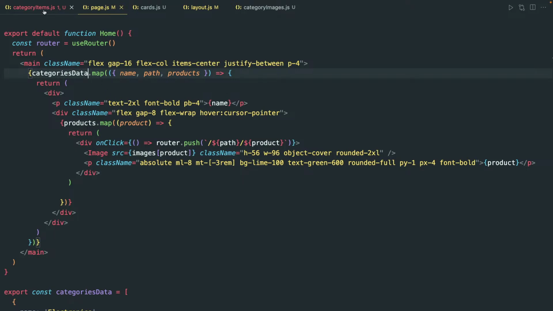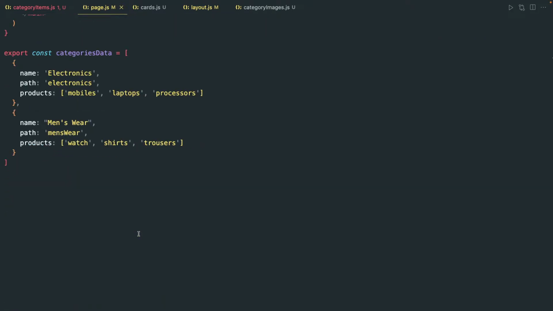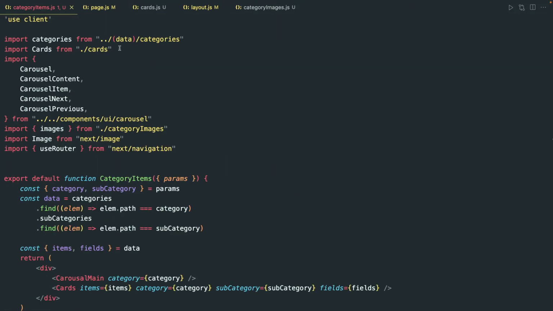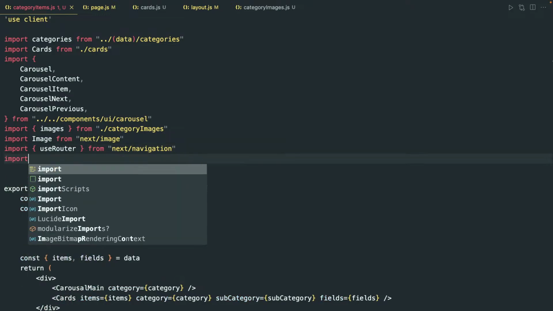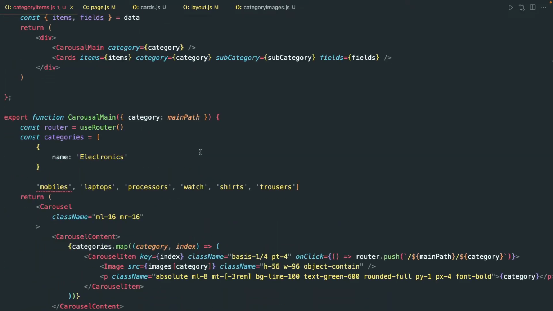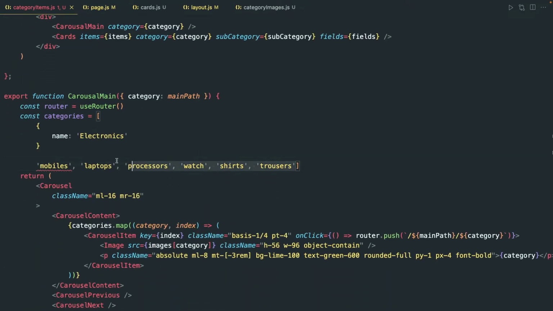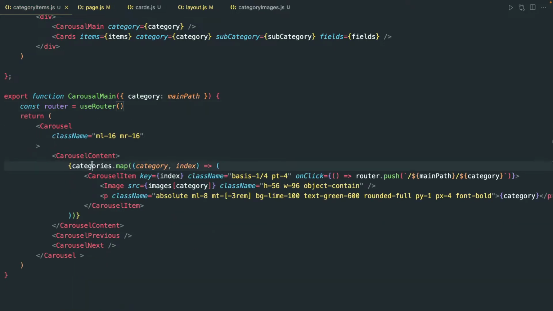Right, so here we will import categories data from the page. No, I don't need to write this. And categories data,